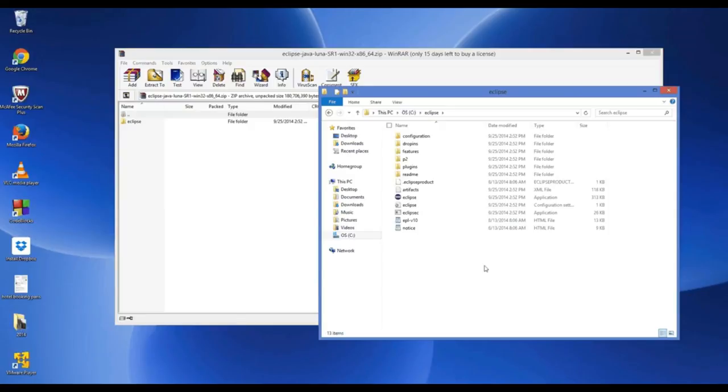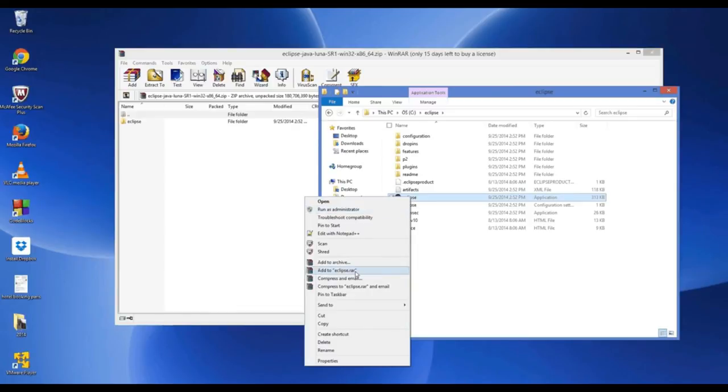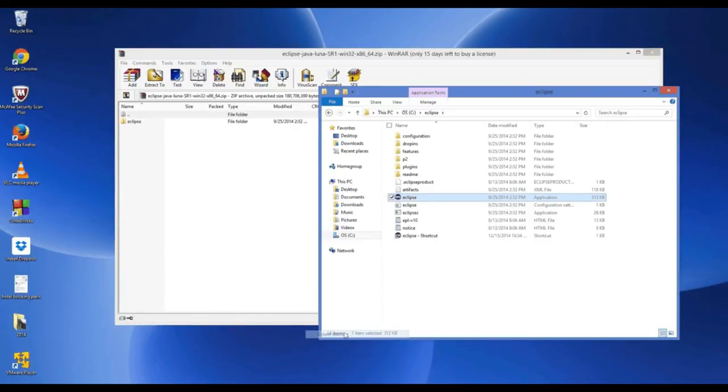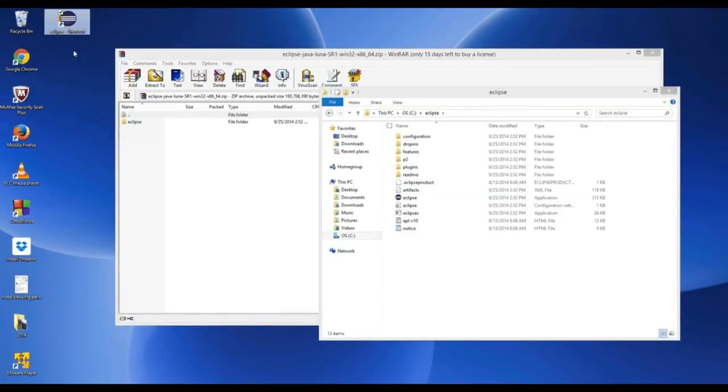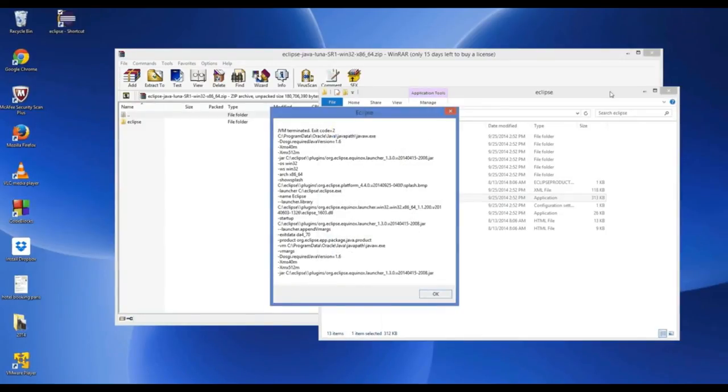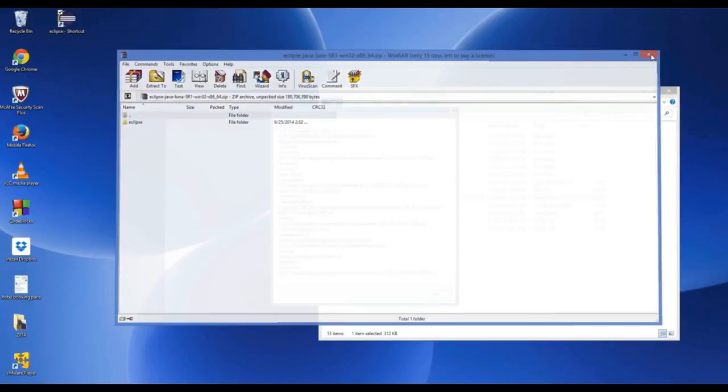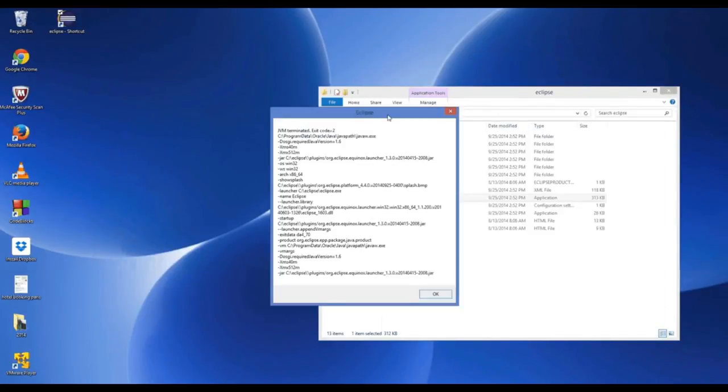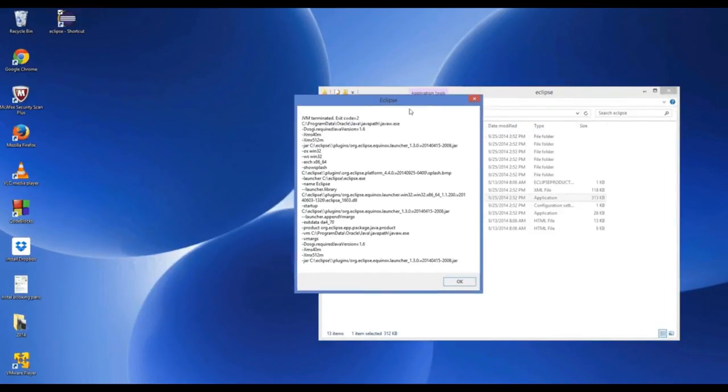Now in order to run this, you can just double click this Eclipse icon, and you can also create a shortcut to it, drag and drop it to your desktop, and then double click this shortcut, or you can click this Eclipse icon from here also. So I will double click it, and this is the error which commonly occurs while you are installing Eclipse,